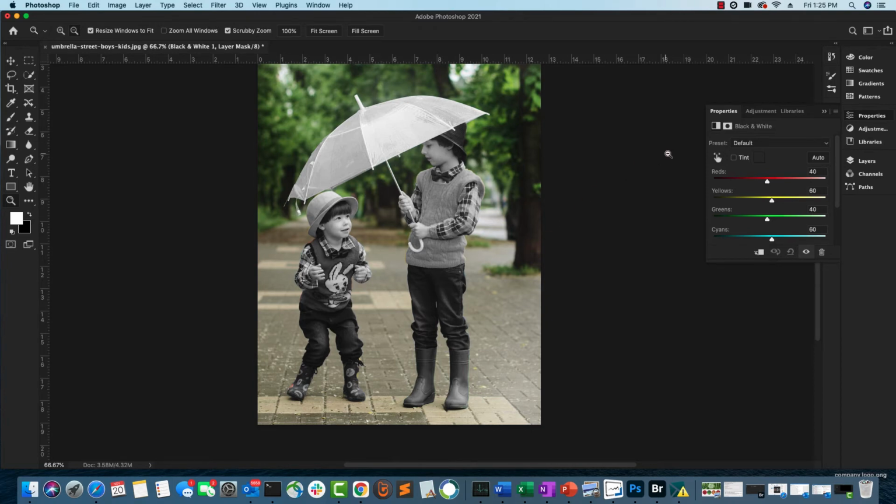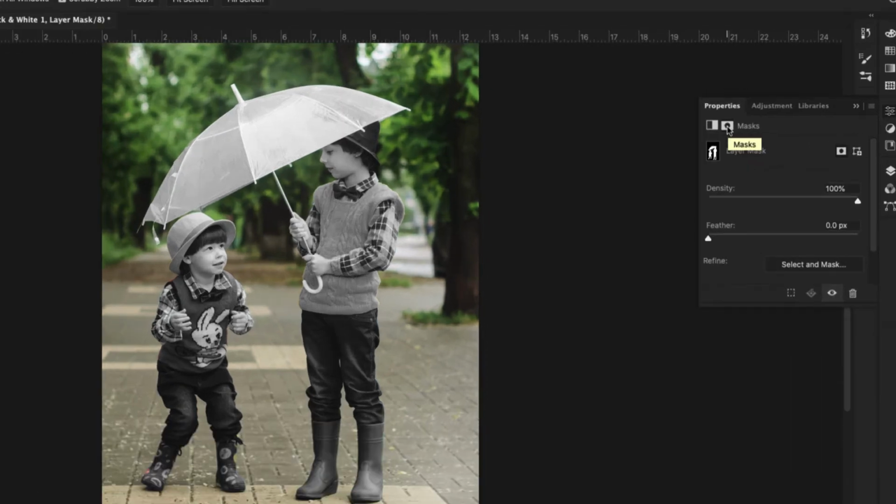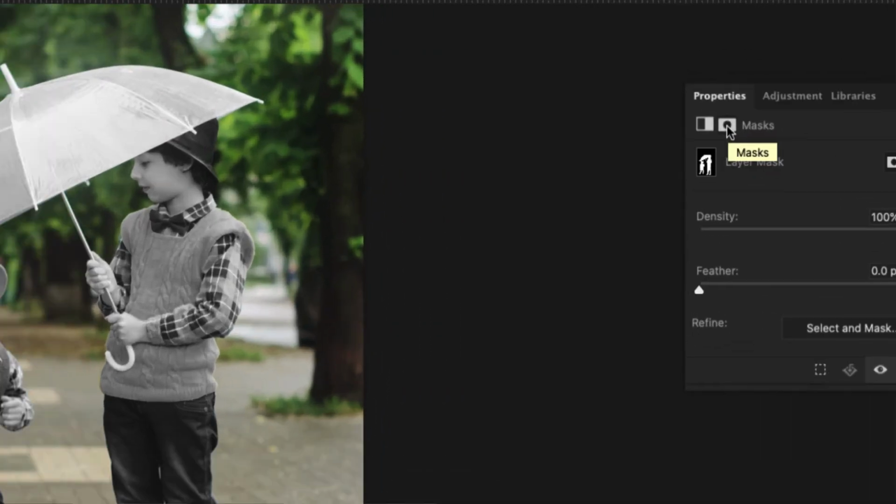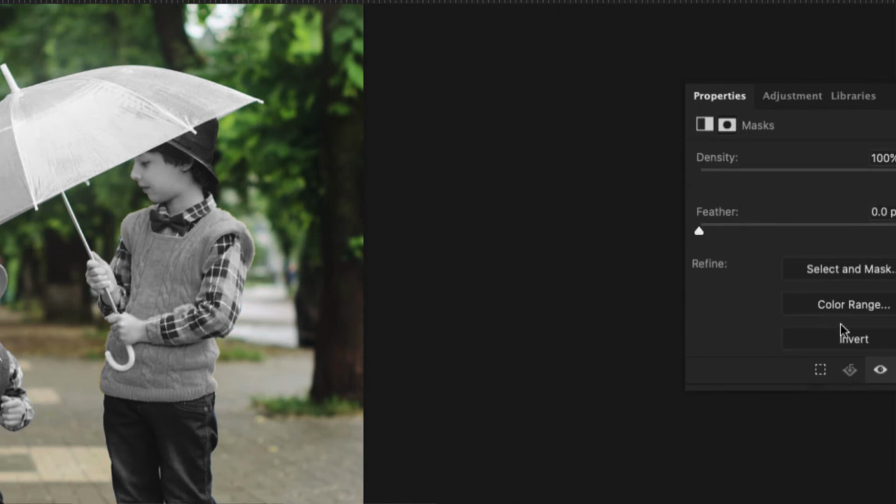So to do that, I'm going to go to the mask properties here. I'm going to scroll down and select the invert option. Let me zoom back in so that you can see what exactly has happened.